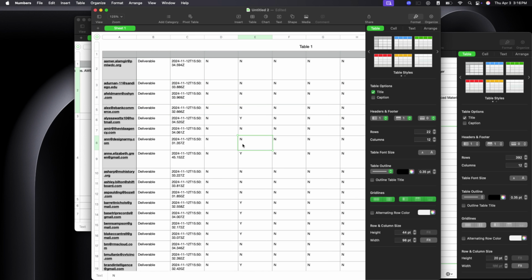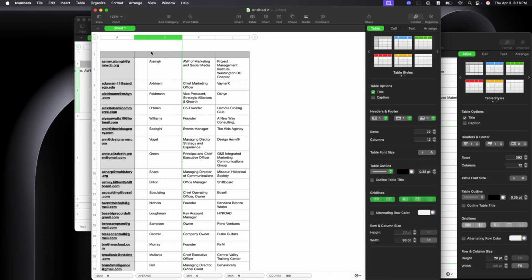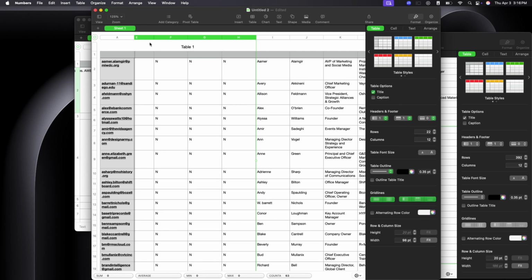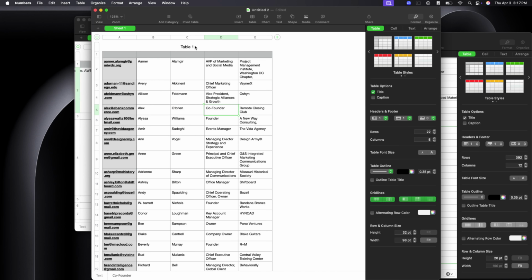Now I don't need all the different information. I just need this small set, which is name, email address, and their position. So all I need is this. I'm removing these columns which are not required. So it would be like wrap, delete selected columns. Now I have two columns.